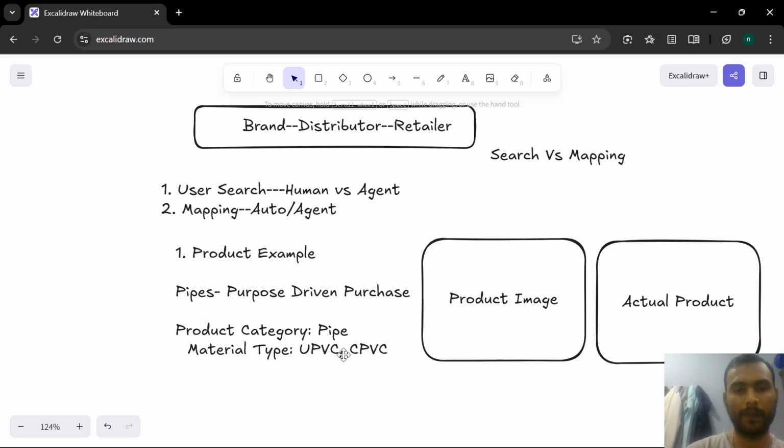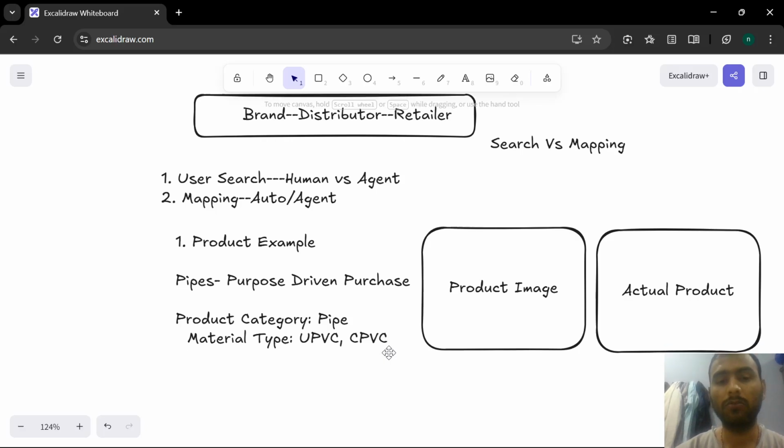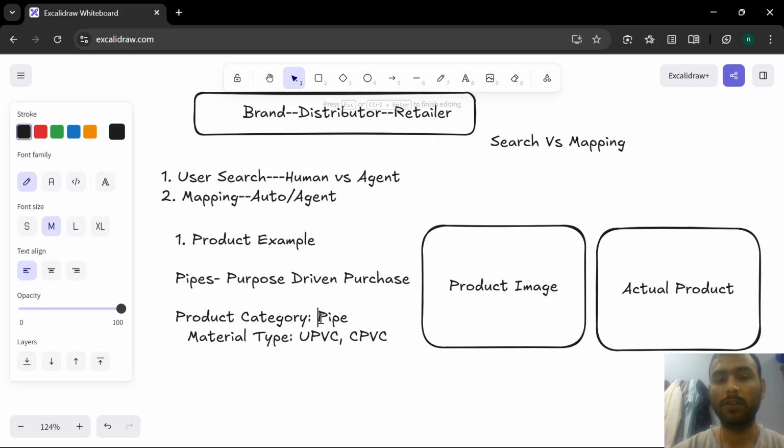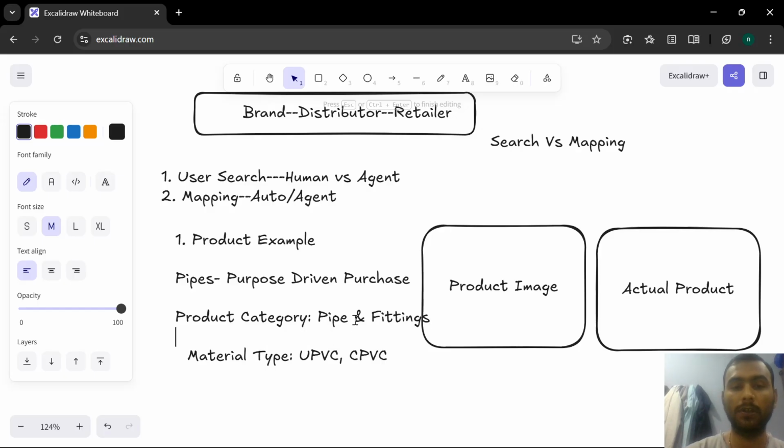So yes, moving on. Right now I'm describing the product category, type, material, everything. Let's say I'm taking the example of a brand-level catalog. So I have a catalog from the brand, and the brand maintains this catalog in a different way. Let's say I go to the catalog. It maintains pipes as a product category, and with the pipes they may maintain fittings. They also may maintain solvent in the same